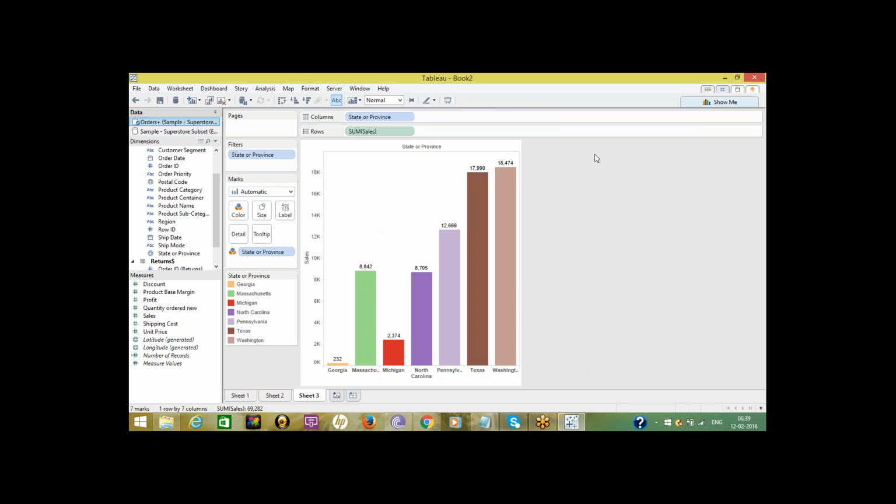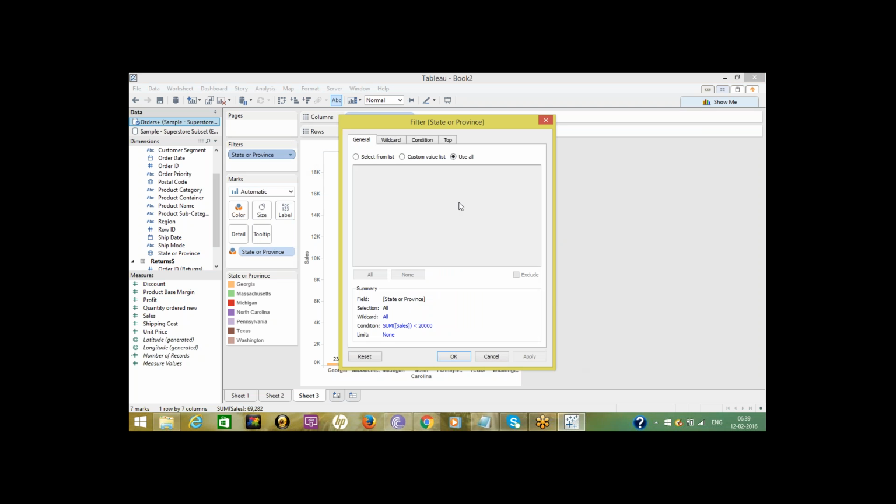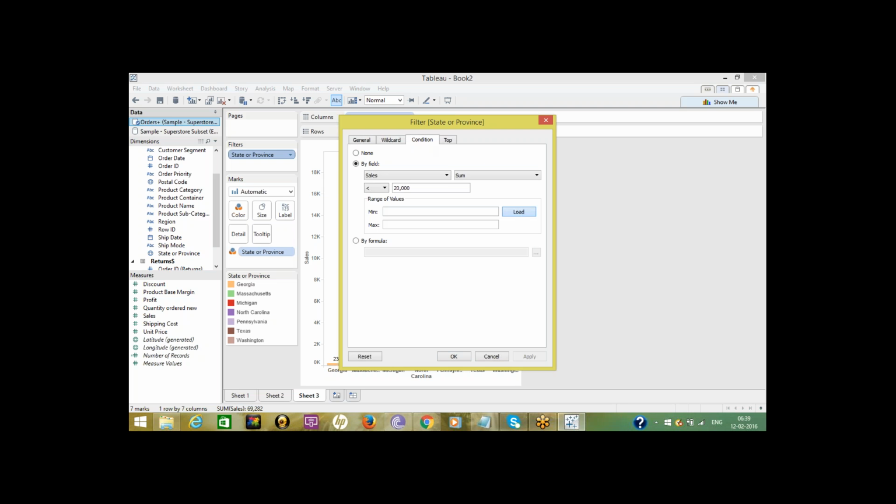And how about this min and max, Karthik? We can specify a range. Suppose I need so and so number to so and so number, right? Yes. This one is actual minimum and maximum.